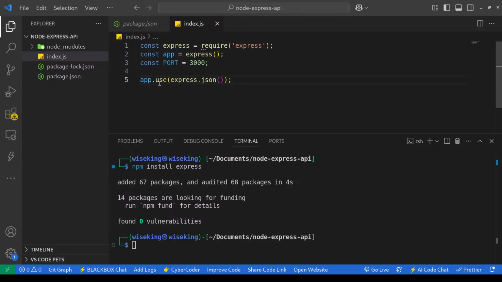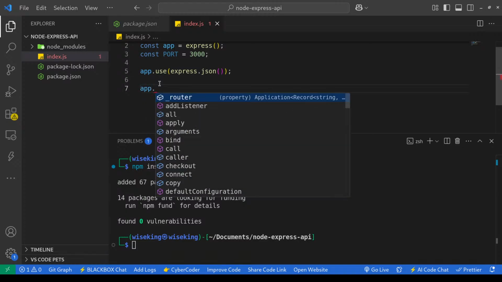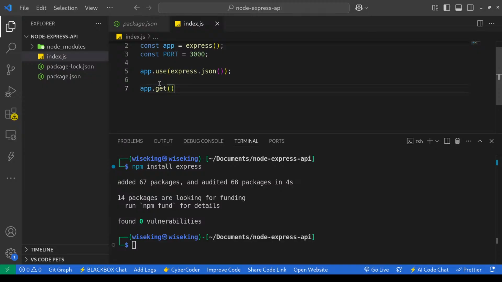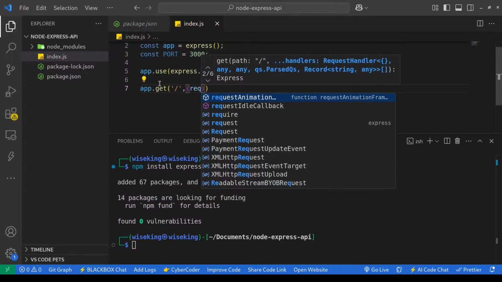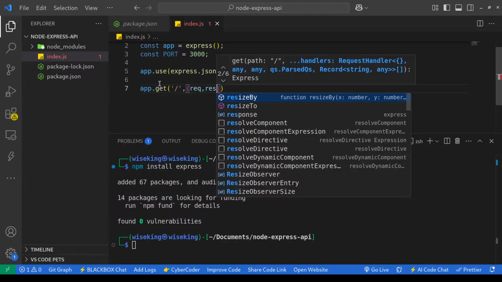So right now, by making a route, we start by finding our app, and then we put the method that we will be using, which is get, and then right here we define the route that we want, which is our main one, /, and then this part will hold our arguments, the request and response,